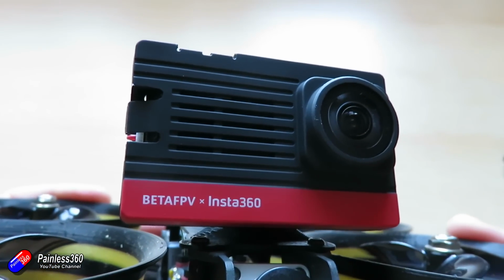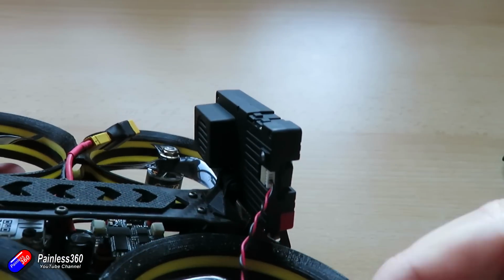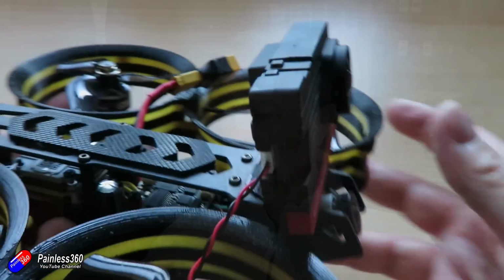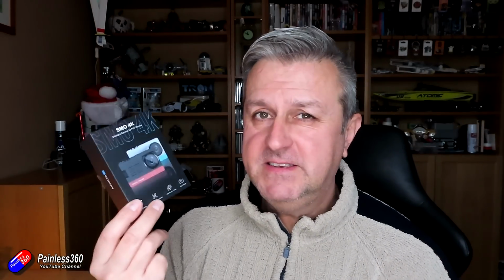Now, the way this thing actually looks, I've got it on front, this is what I've been flying it on. It looks like that, and it's kind of like, oh, hang on a minute, it's kind of the wrong shape. This is one of the first action cameras that's actually been designed for the hobby. So rather than us having to go out and buy an expensive £400 GoPro and try and skeletonize it, invalidate the warranty, and then not be able to get any help when something goes wrong, it's absolutely brilliant to see